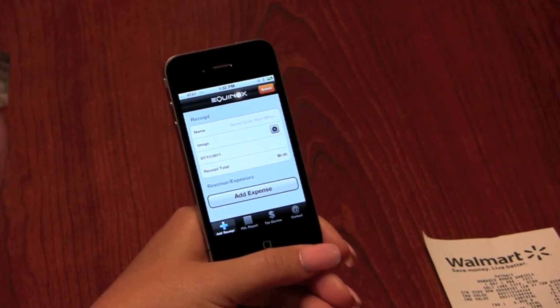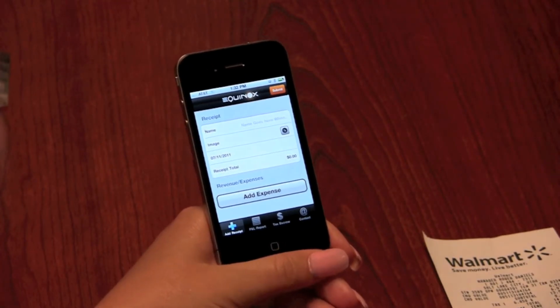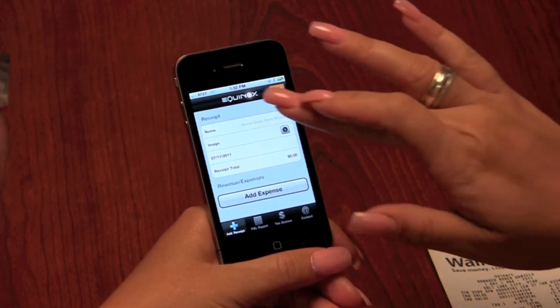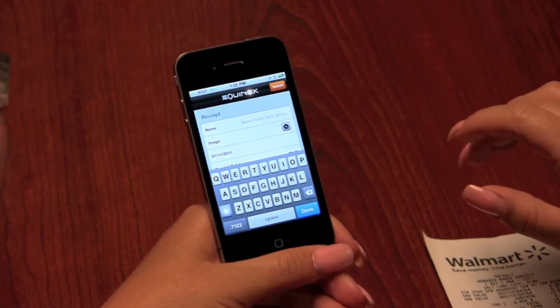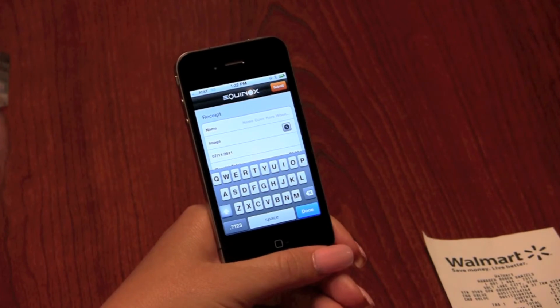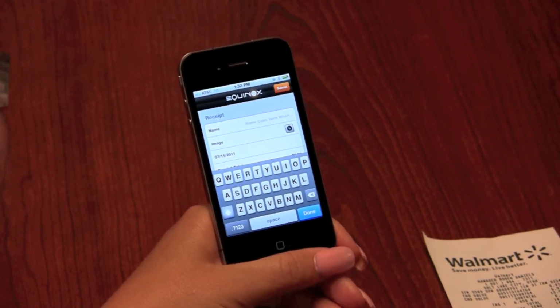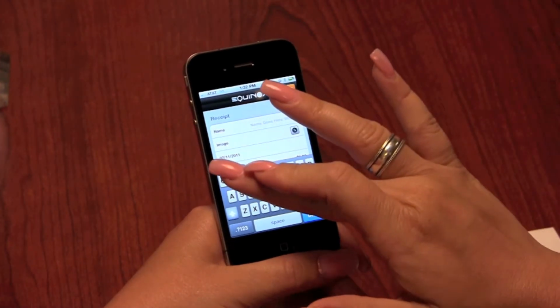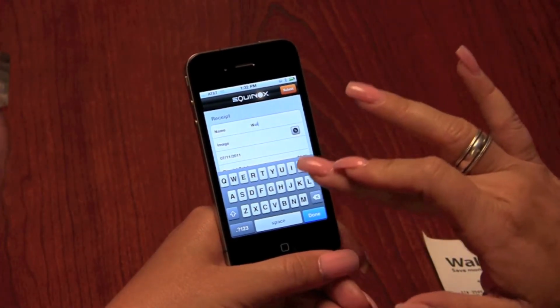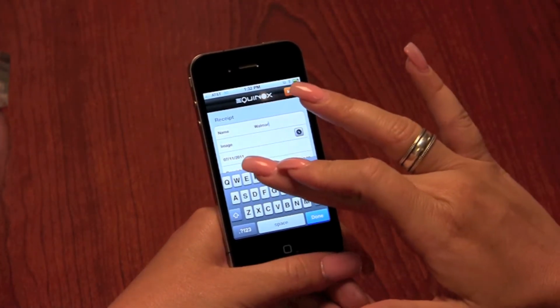After you have hit the login button, you will come to this screen, the receipt screen. Here in the first field, name, you're going to give a title for your receipt. This might be something like the category or the name of the store where you purchased things. So in this case, we purchased our items at Walmart, so we're going to enter in Walmart as the name